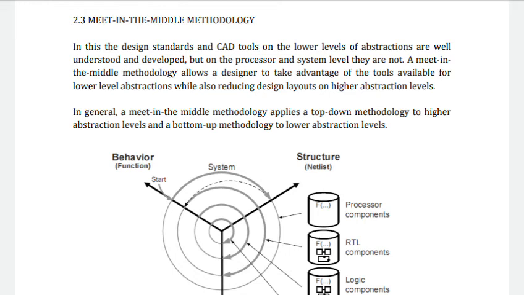These two come under the top down methodology. And for circuit and logic design, they use the bottom up methodology, that is they will undergo circuit level design, then the logical level design, and there is a meeting place in between these two. Okay, so this method is called the meet in the middle methodology.